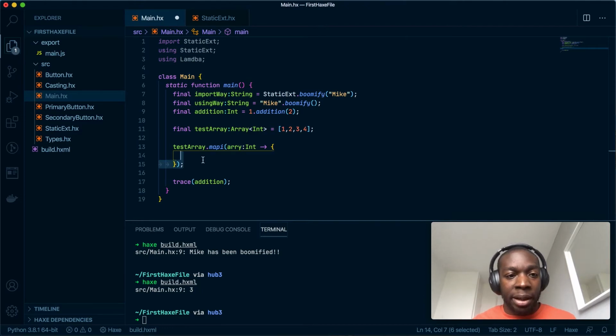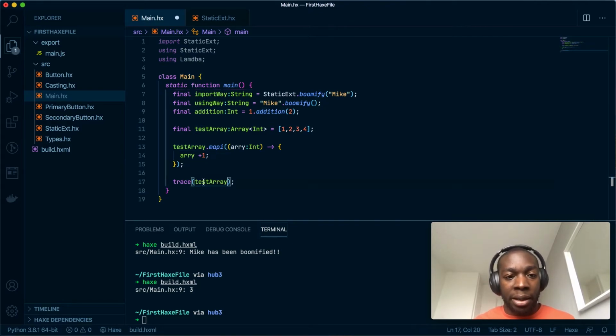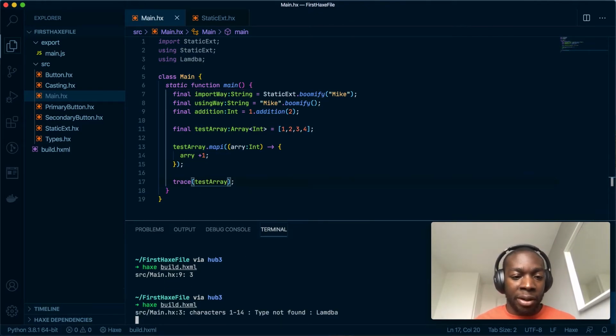So array, whatever, +1, right? Yep, I knew I've done something wrong here. There needs to be brackets here. There we go. So now if I run test array here, you will see, fingers crossed,